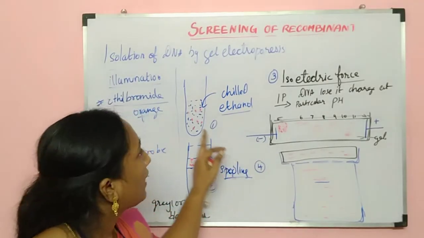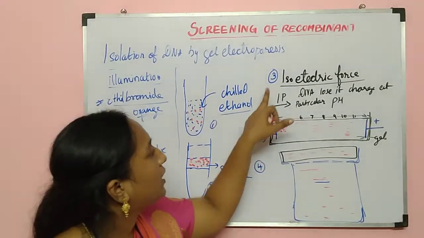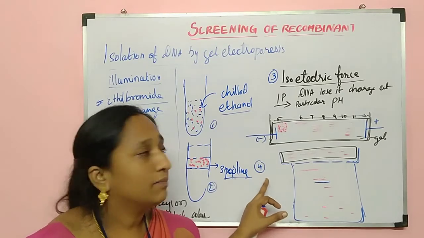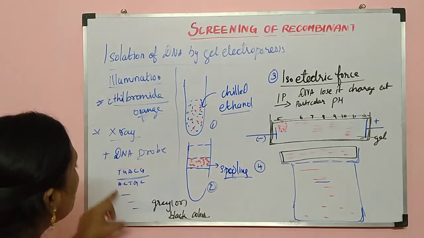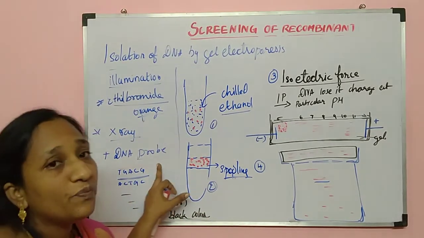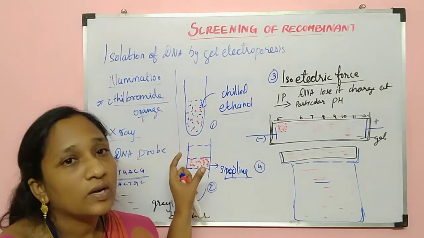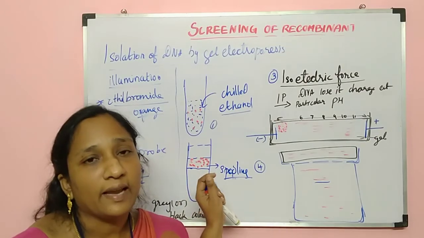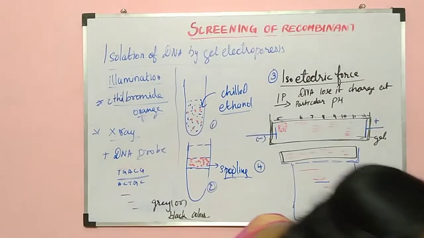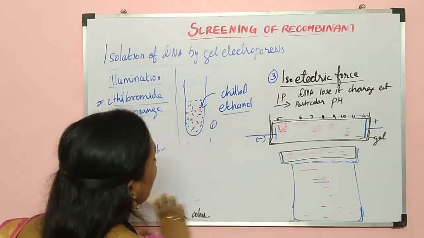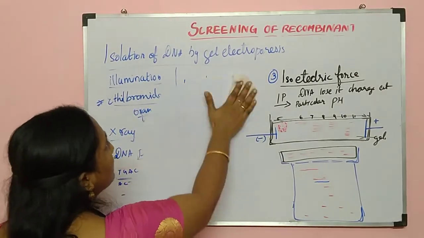In the blotting technique, all the steps, step 1, step 2, step 3, step 4, everything is the same. After that, step 5, after doing this DNA probe, the next step would be followed in the blotting technique. In the blotting technique, if you are separating DNA, it is called Southern blotting. If you are separating a protein, it is called Western blotting.